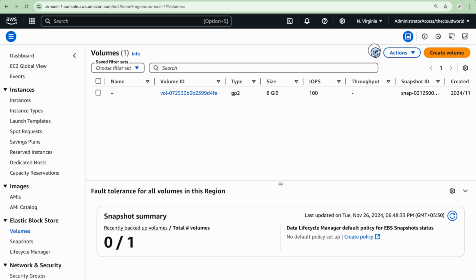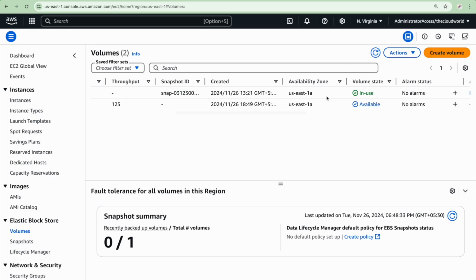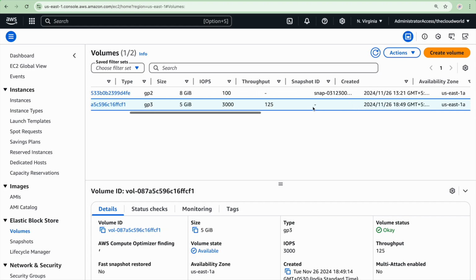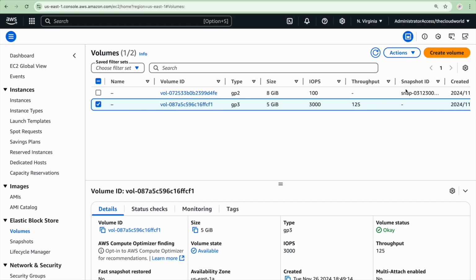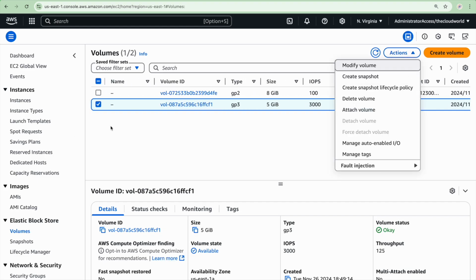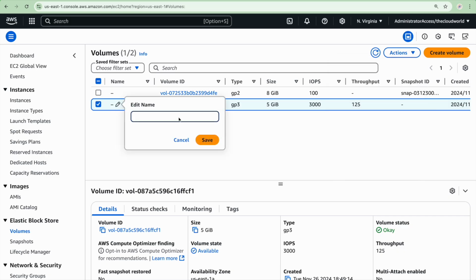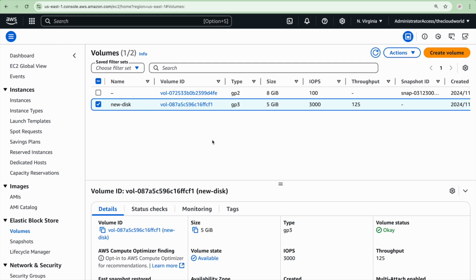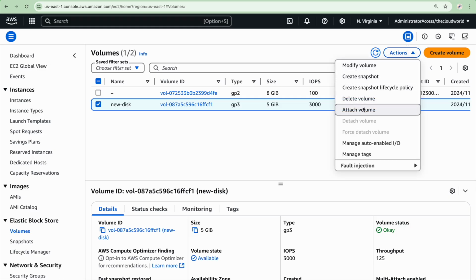Let's wait for some time. Let me check whether it is in pending. Okay, it's already in available state. So now what you have to do, you have to just select your new volume. I'll just name it as new disk. Now go to the action, click on attach volume,